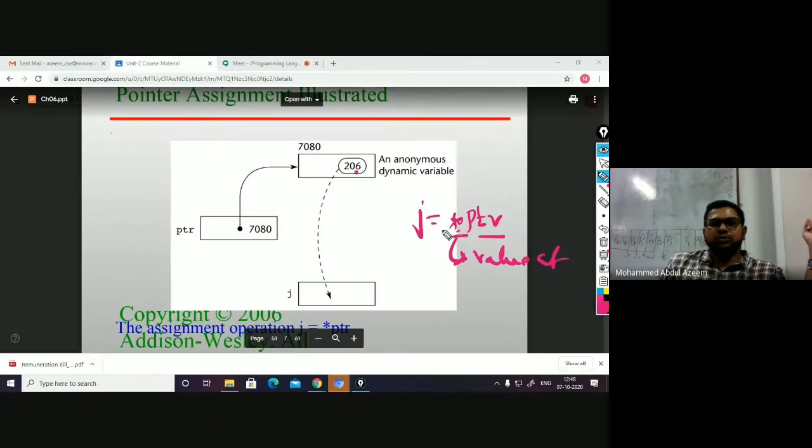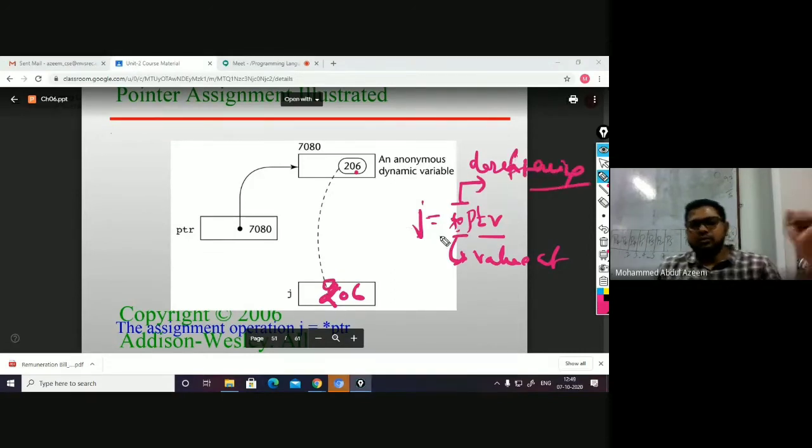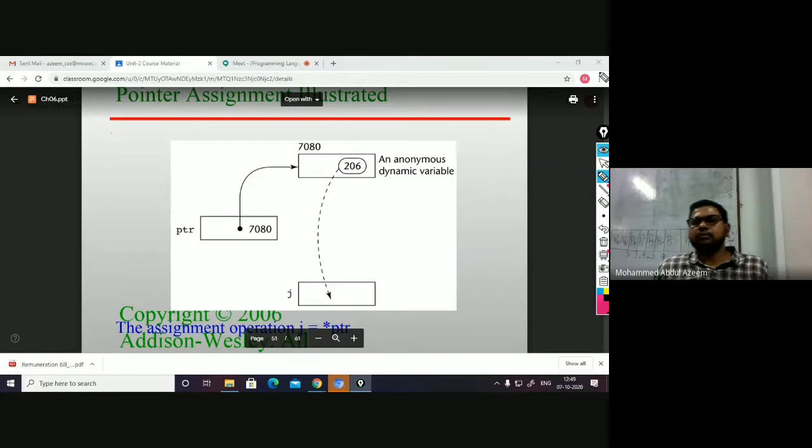This 206 will be assigned to J. Then in J you will get the value 206, right? So this asterisk is now being used as a dereferencing operator to access the value being pointed to by the pointer, right?